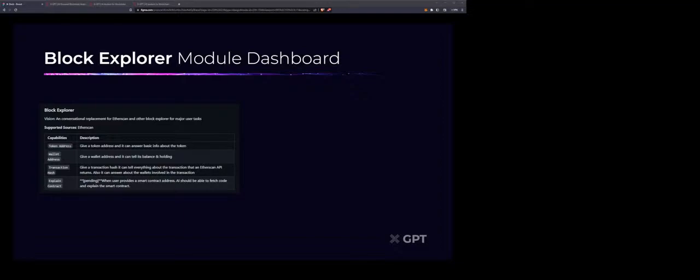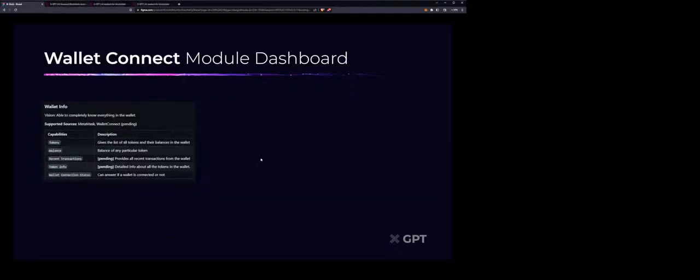That's the one thing which we will be implementing in the near future with the Block Explorer module. And the third one is the wallet connect module, which we just saw. Basically, you can connect your wallet and start asking all these questions, like the tokens, balance, recent transactions, etc. We will be expanding the wallet connect module with MetaMask and a few more providers as much as possible. We already got that feedback from the MetaReset portal launch. So some of the efforts would go towards the wallet connect module.